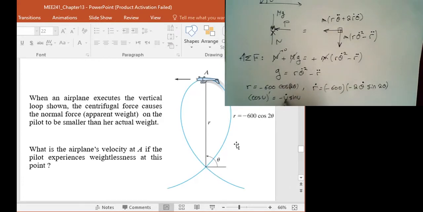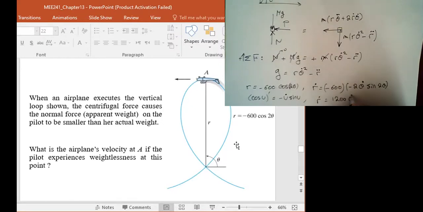So you never want to forget or disregard this. So what is r prime? Minus times minus is positive, so 1200 theta prime